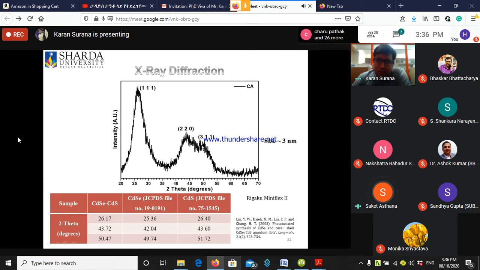Your system is like CdSe and CdS in core shell structure. Core is CdSe, shell is CdS. What is there in a core? CdSe is the core and CdS is the shell. So when you perform the X-ray diffraction, because it's a core shell structure, do you know what is the penetration depth for the X-ray? Sir, it goes all the way up to the atomic scale.